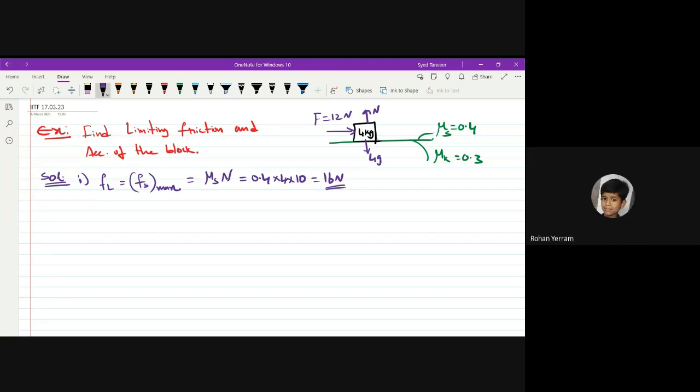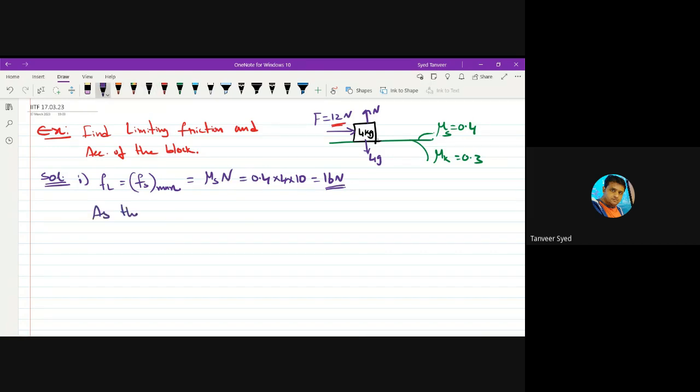Sir, I got retardation, sir, minus 1 meter per second. How can we get retardation? Will, due to this friction, the block move in this direction? Oh, okay, sir. No. So here the point is, applied force 12 Newton is less than limiting friction,